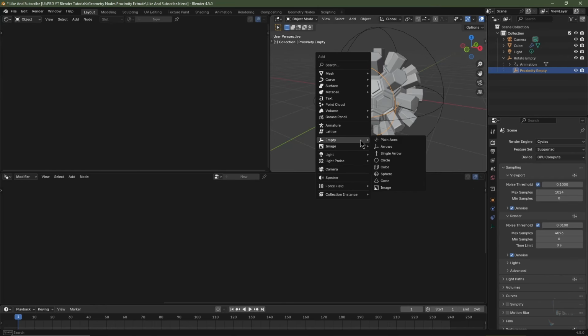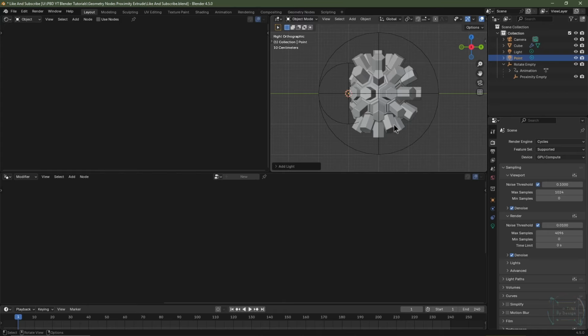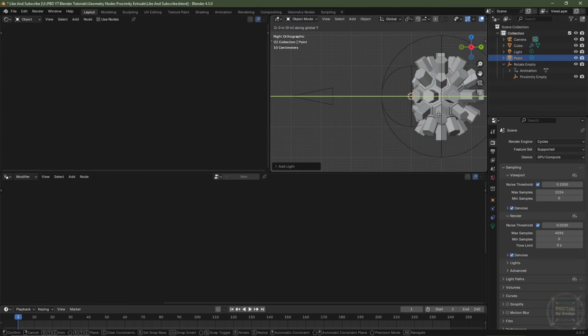I'll then hit Shift A, go to Light, and choose Point. I'll just hit numpad 3 to go into side view. I'll hit G, Y, hold down Control to snap it to the grid, and bring it back 1 meter. I'll then hit G, Z, hold down Control, snap it to the grid, and take it up